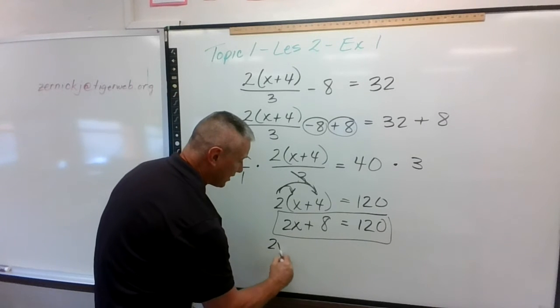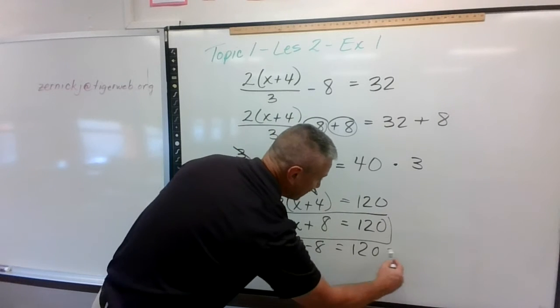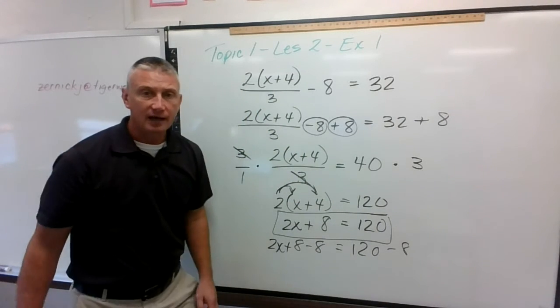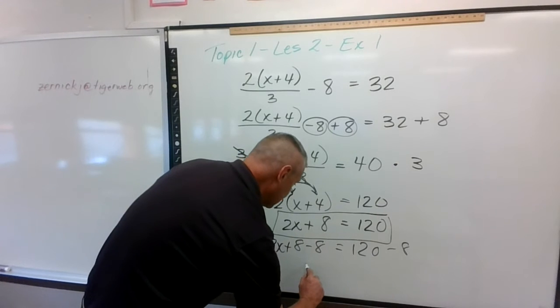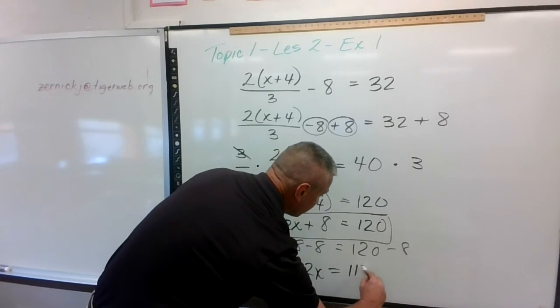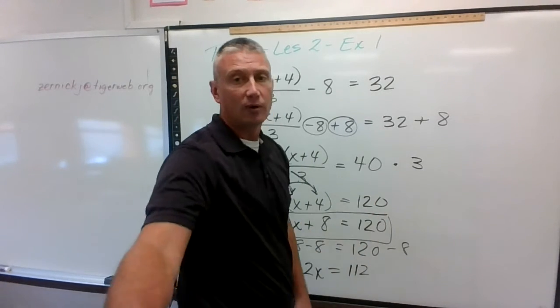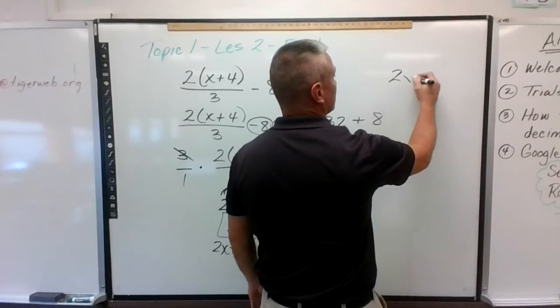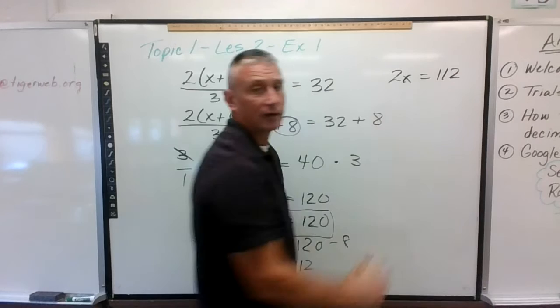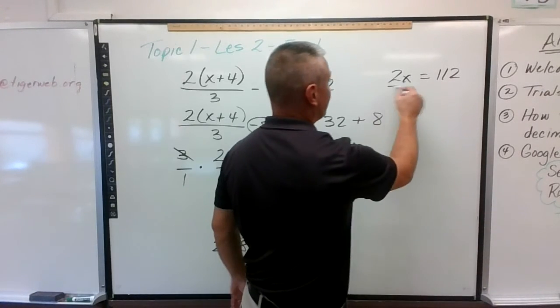So this side will now say 2x plus 8 minus 8 equals 120 minus 8. And this side will be 2x equals 112. Okay, and once we do that, then we simplify it, and we will get 2x equals 112. And in order to get rid of the 2 from both sides, we would divide both sides